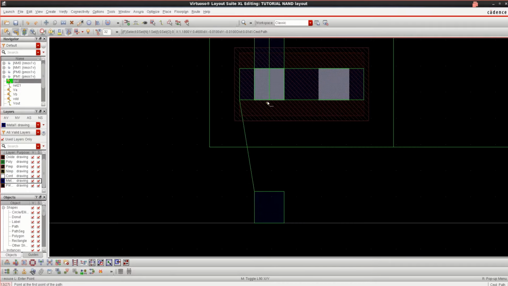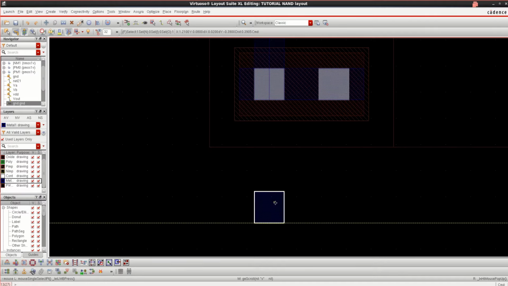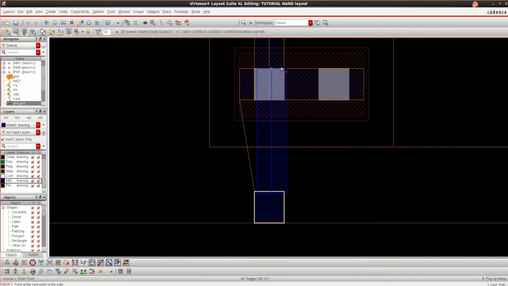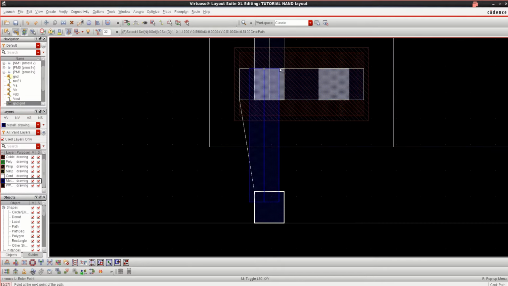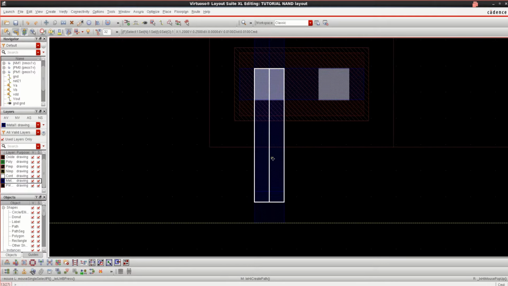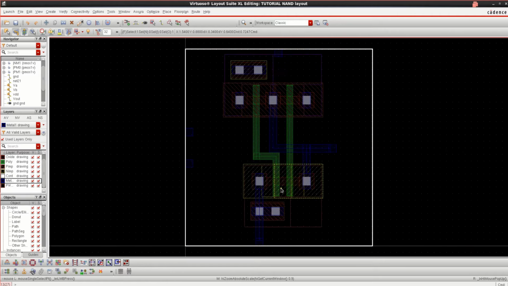Next layer is this one. Select this and press P. Just 1 second. Press P. Select the P marker first, then draw it. Just draw it, then later we can adjust this as per the requirement to avoid alignment errors.